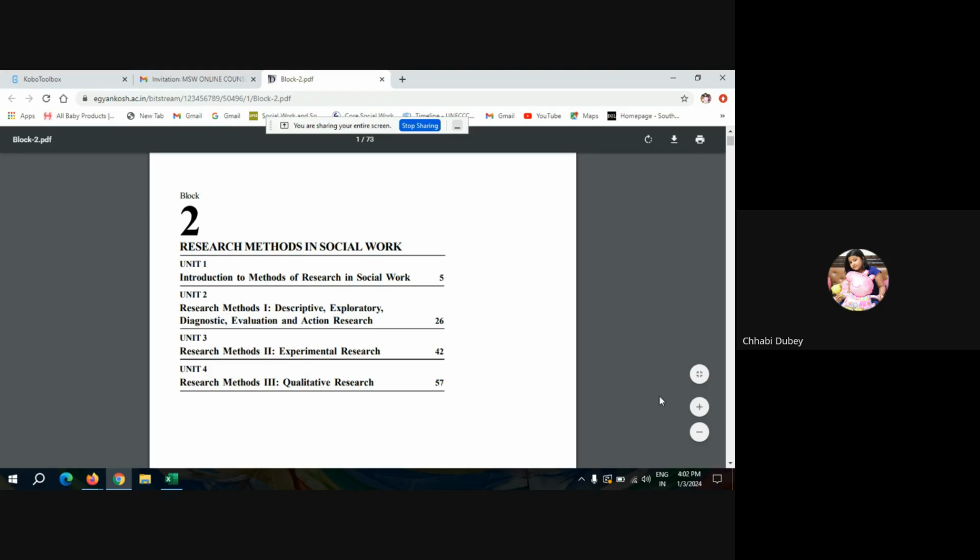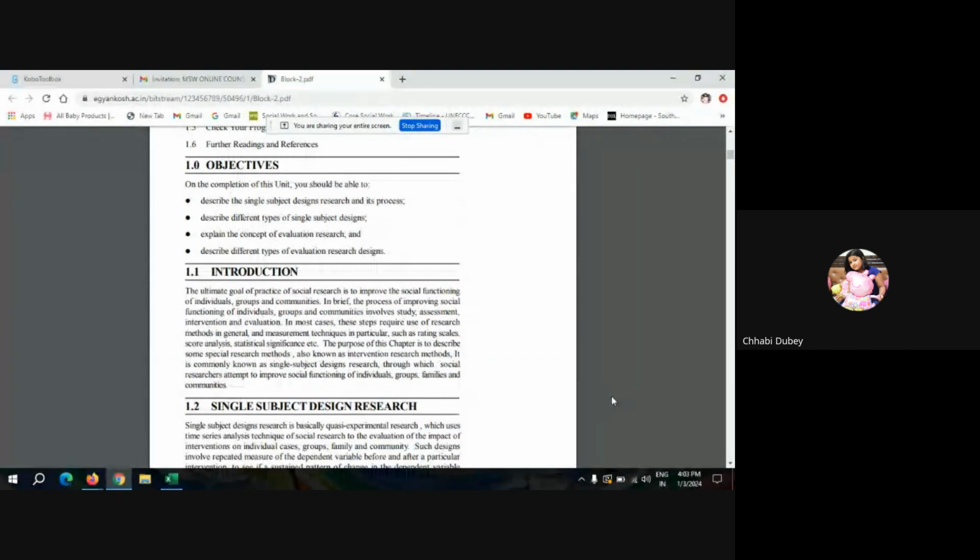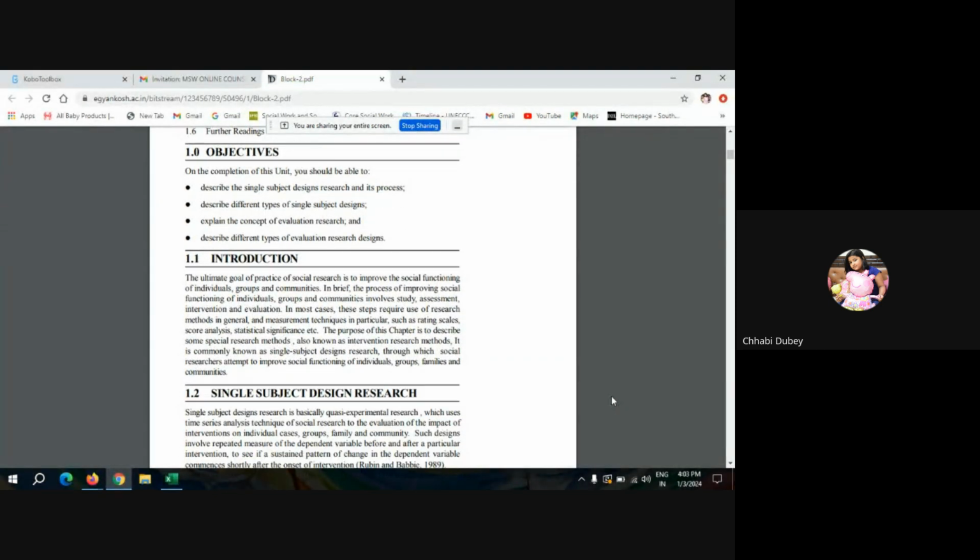Still is a very important method of research in social work. So we will start with the first unit, where we will discuss the introduction part of social work methods. Now, we've already seen that ultimately social work research entails improving the social functioning of individuals, groups, and communities. And as a method of social work, it is very important that social work research continues to take place,